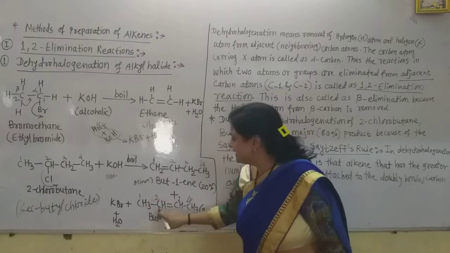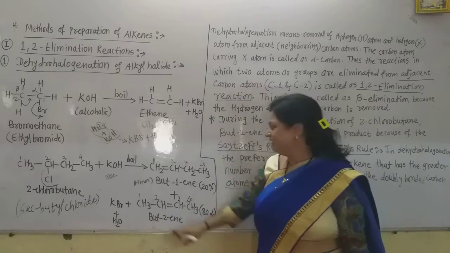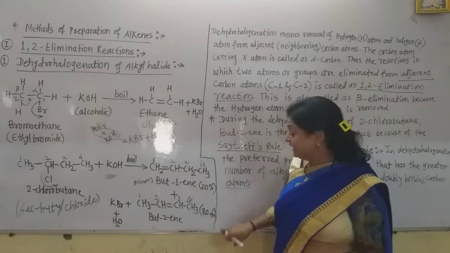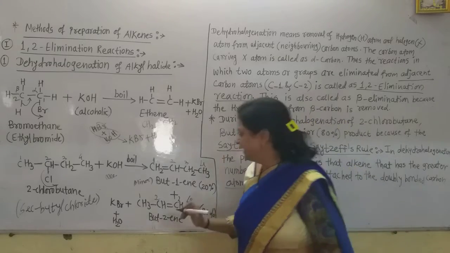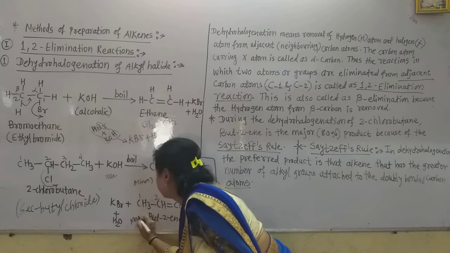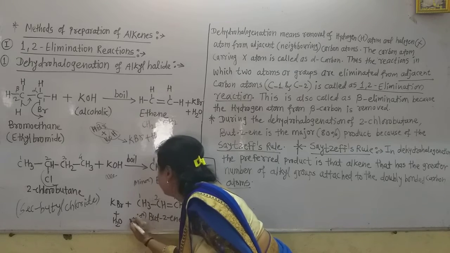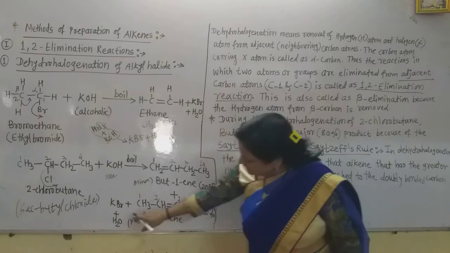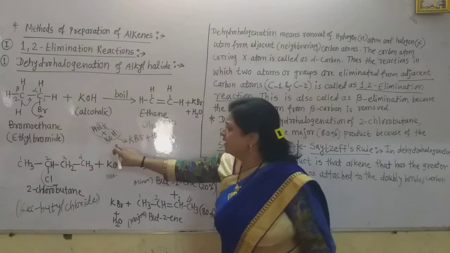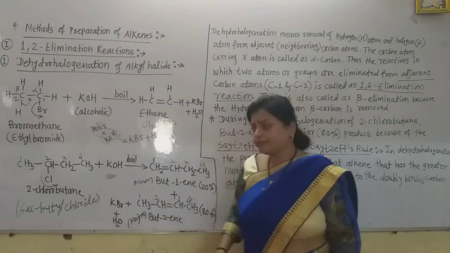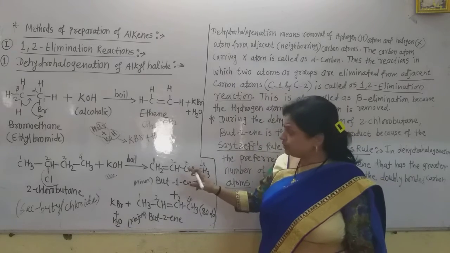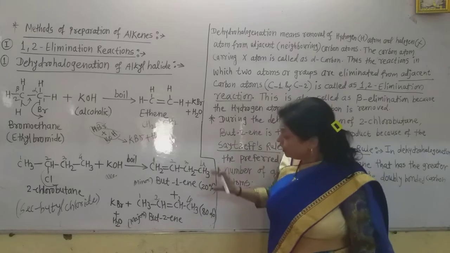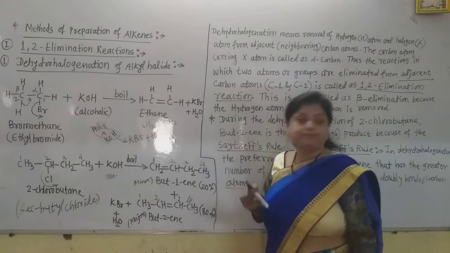Now on the second carbon there is a double bond, and in the chain there are 4 carbons, so it is but-2-ene. But it is the 80%. That means it is major. Major means large, minor means less. Now this is the major. And again the byproducts, similarly, KBr and water are formed, because the hydrogen and Br form HBr, and this KOH gives KBr and water. Now this is why this is 80%.